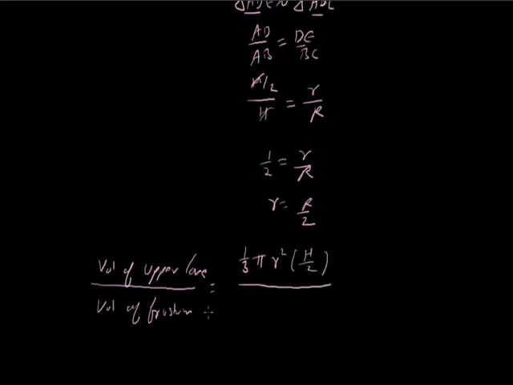Okay, now frustum का वॉल्यूम हम जानते हैं that is 1 upon 3 pi h, तो हो गया इसका h by 2 frustum का, and small r square plus capital R square plus small r into capital R. This is the formula. Now here 1 upon 3 gets cancelled, pi is also cancelled. Here h by 2 is also cancelled. Now in this equation we have to put the value of small r as capital R by 2.